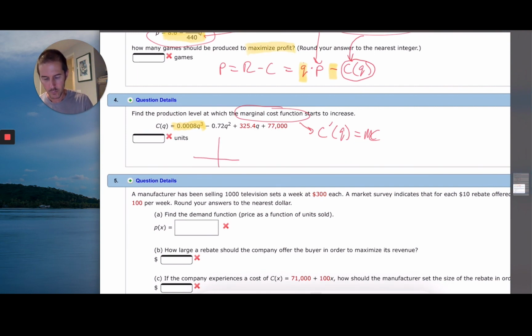Regardless of where the parabola exists, it's going to be concave up, and remember that this is your marginal cost function now that is parabolic. You want to figure out where it starts to increase. It's fairly obvious that we're decreasing on this interval. Here is your minimum, and then we start to increase. The question is the production level at which it starts to increase, which means you're looking for the Q value